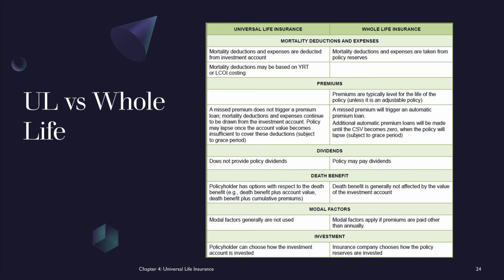For the death benefit, for UL policies you have various different options that you can choose from, whereas with whole life, the death benefit is generally not affected by the value of the investment account. The modal factors are generally not used in UL policies, whereas they do apply to whole life insurance. And for the investment account for each policy, for UL policies, the policyholder can choose how the investment account is invested, whereas with whole life insurance policies, the insurance company chooses how the policy reserves are invested. So UL policies basically have a lot more flexibility to them, and there are a few differences between UL policies